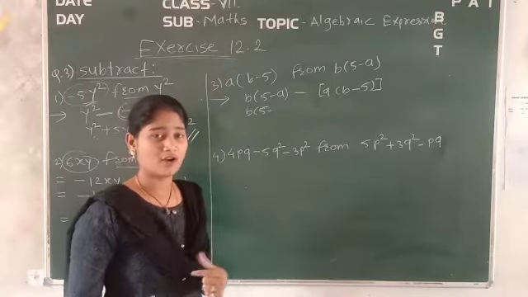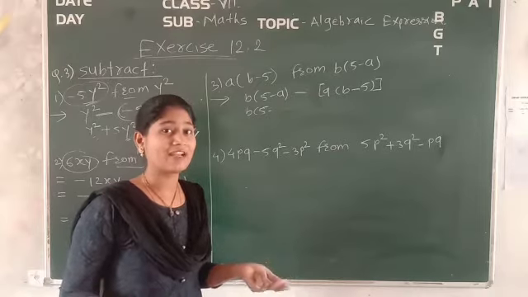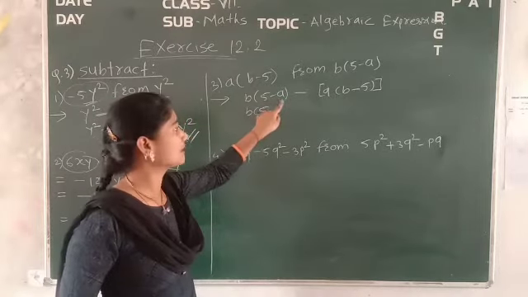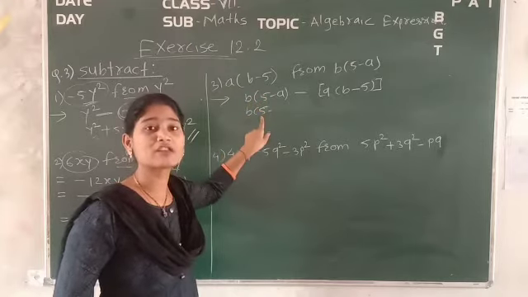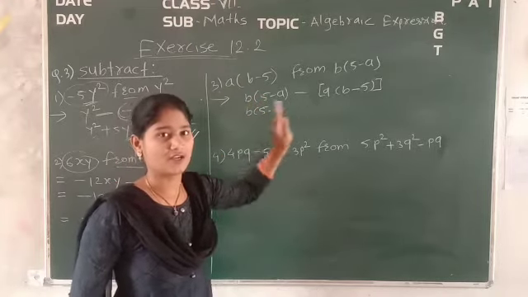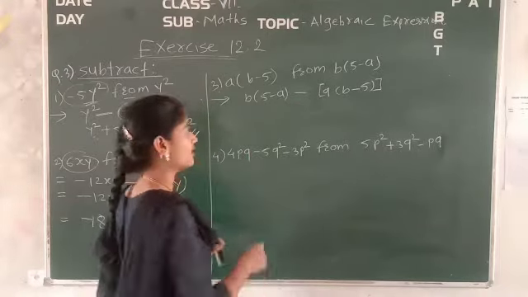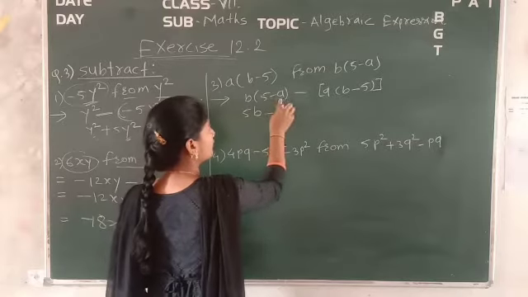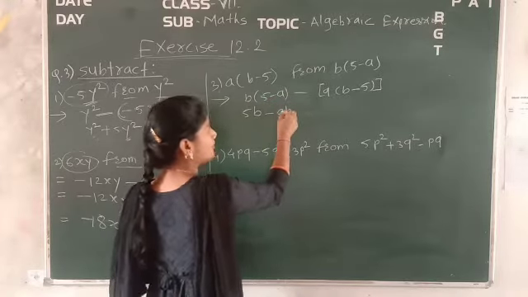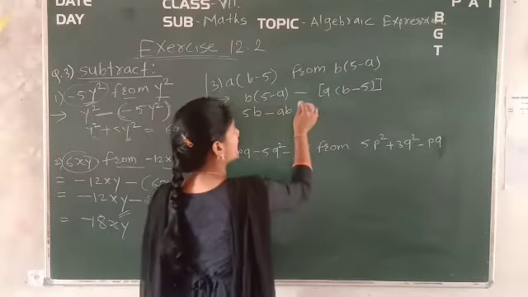Okay, now b 5 minus a will be as it is, or even you can first of all, what we have to do in order to arrange the like terms. We have to solve the bracket first of all. Okay, so here single term is there, but with the bracket, that's why you have to first of all solve the bracket so that you can calculate it. Okay, so in order to avoid the extra steps, we will directly calculate here. That is 5 into b, it is 5b minus 5 into, sorry, b into a, it is b into a, you can write down ba or ab also, no problem. Okay, now minus this one.